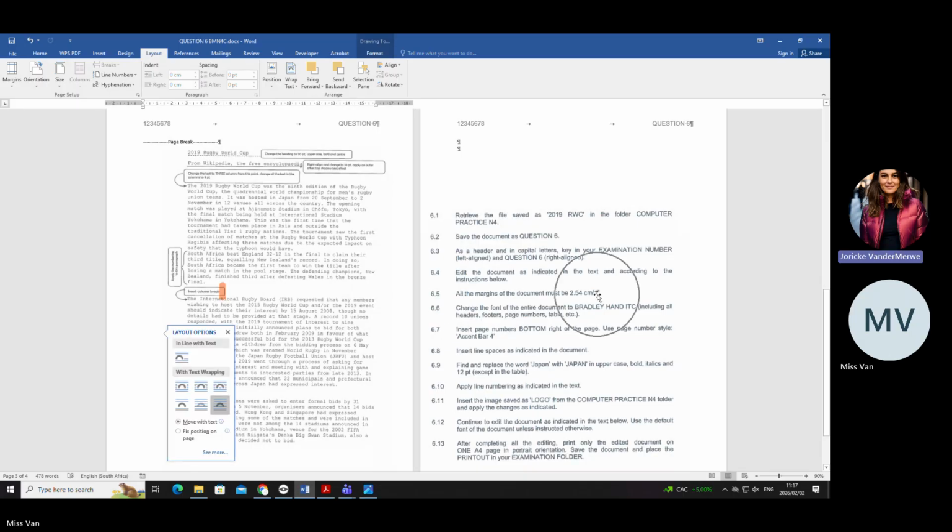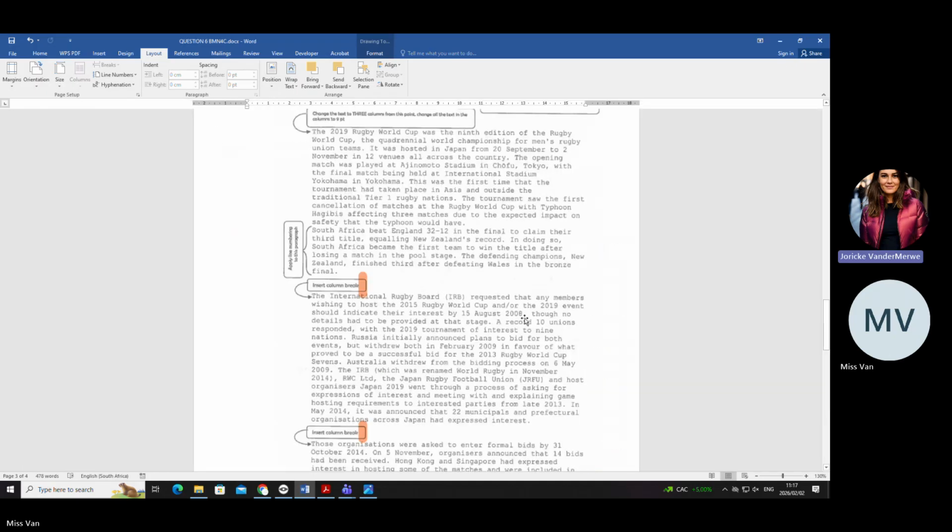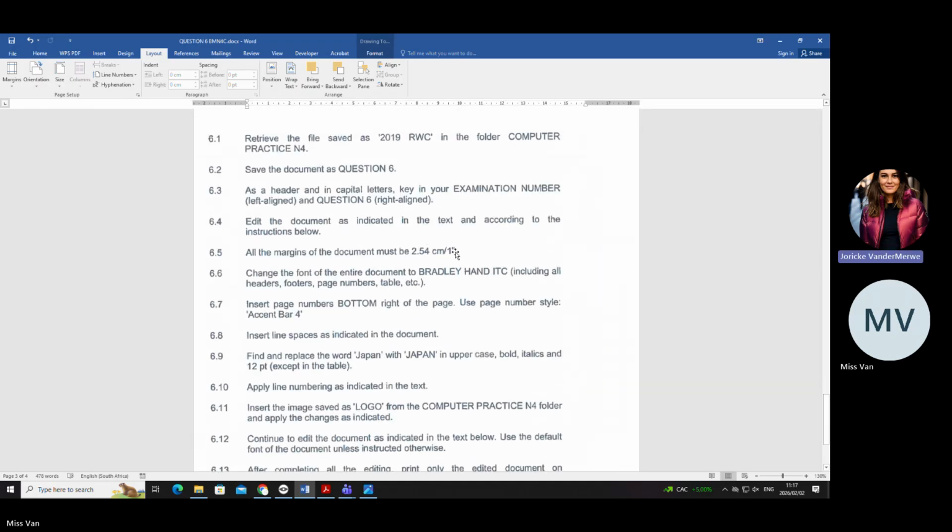Okay, just a quick note. Do you see there's a forward slash with a little one there that says inches? Can you see that? Can you also see here at the bottom of my screen, it says English South Africa? That means our computers are calibrated. Do we use inches in South Africa?